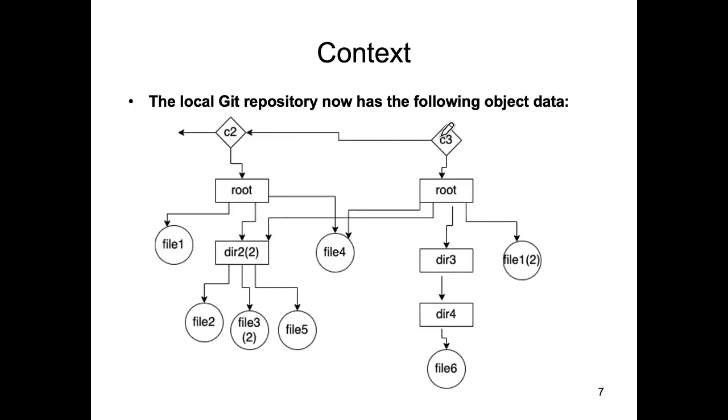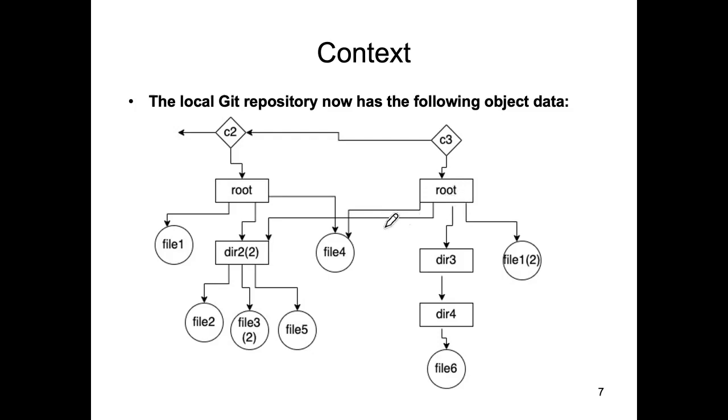So this is our new commit, and I won't talk my way through this, but if you just follow the arrows, there's always going to be a new tree object corresponding to your base folder. And we tend to refer to that tree object as the root tree of a particular commit. And if you follow the arrows, some of the entries in this root tree object refer to earlier blob or tree objects. So for example,